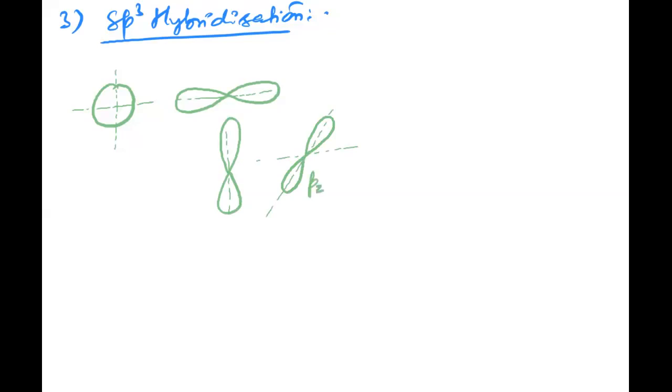So it may be px orbital, it may be py orbital. So there's the intermixing of 1s and 3p orbitals. So due to intermixing here, we can have the same number, meaning 1 plus 3, 4 sp3